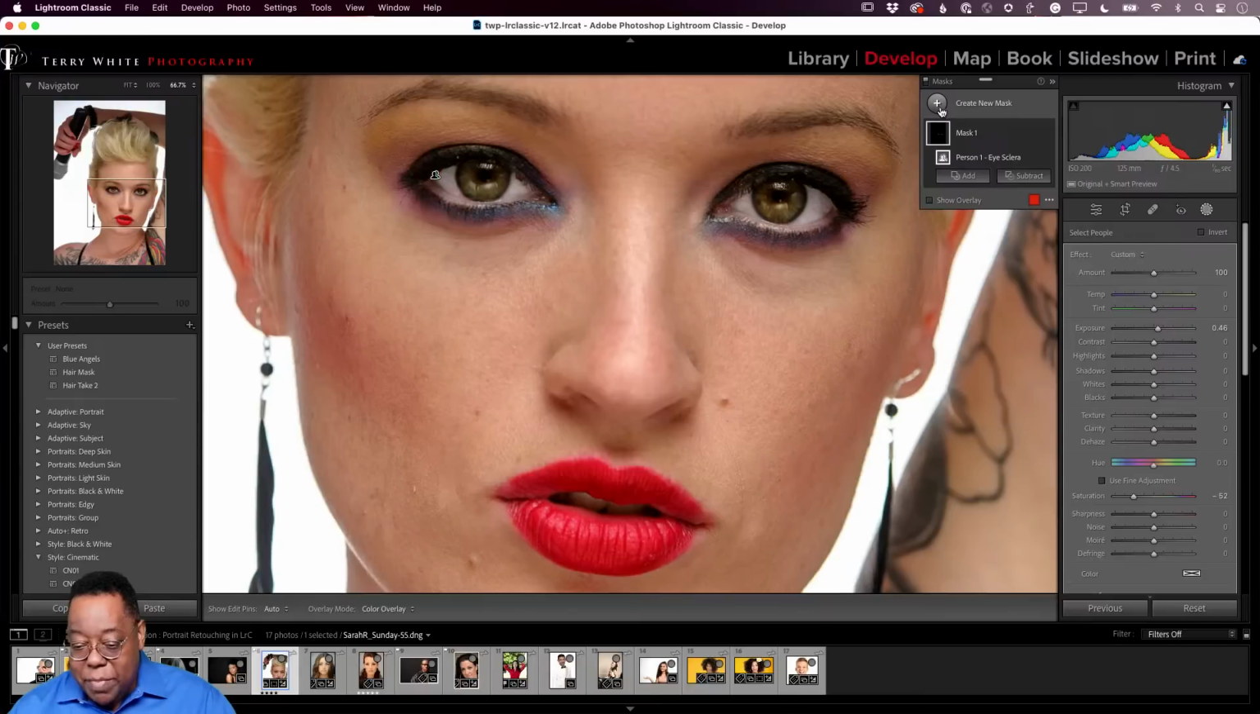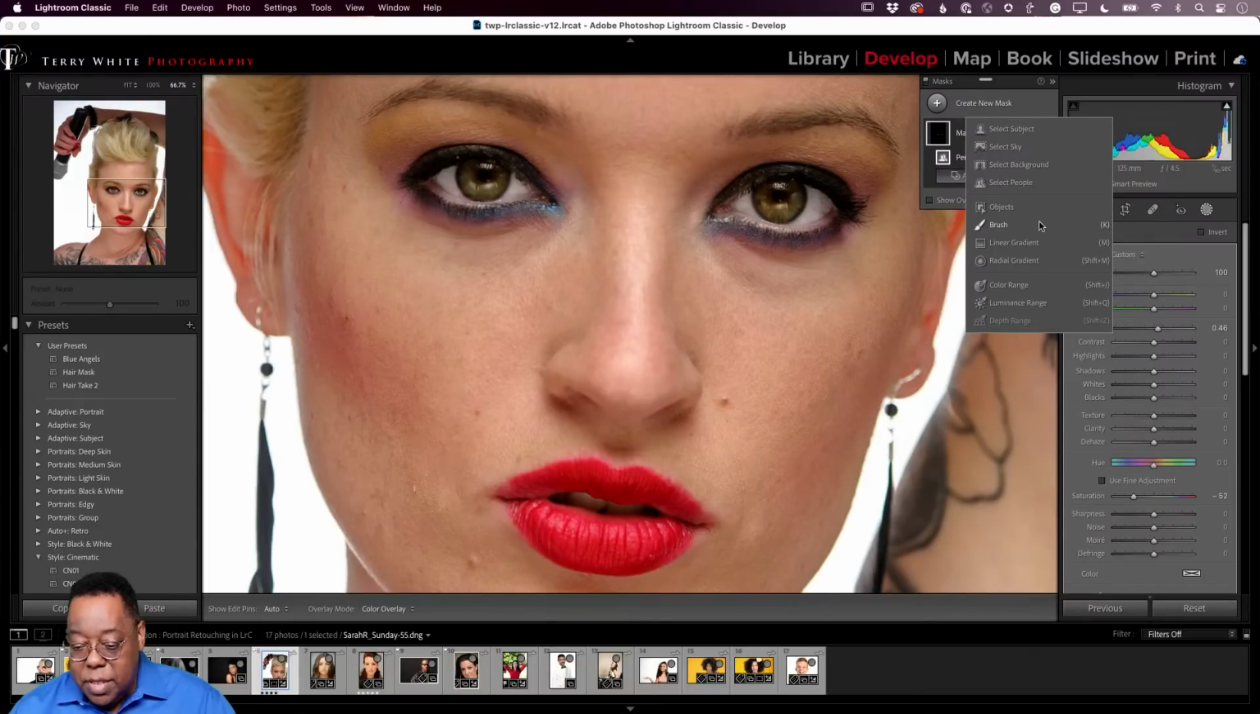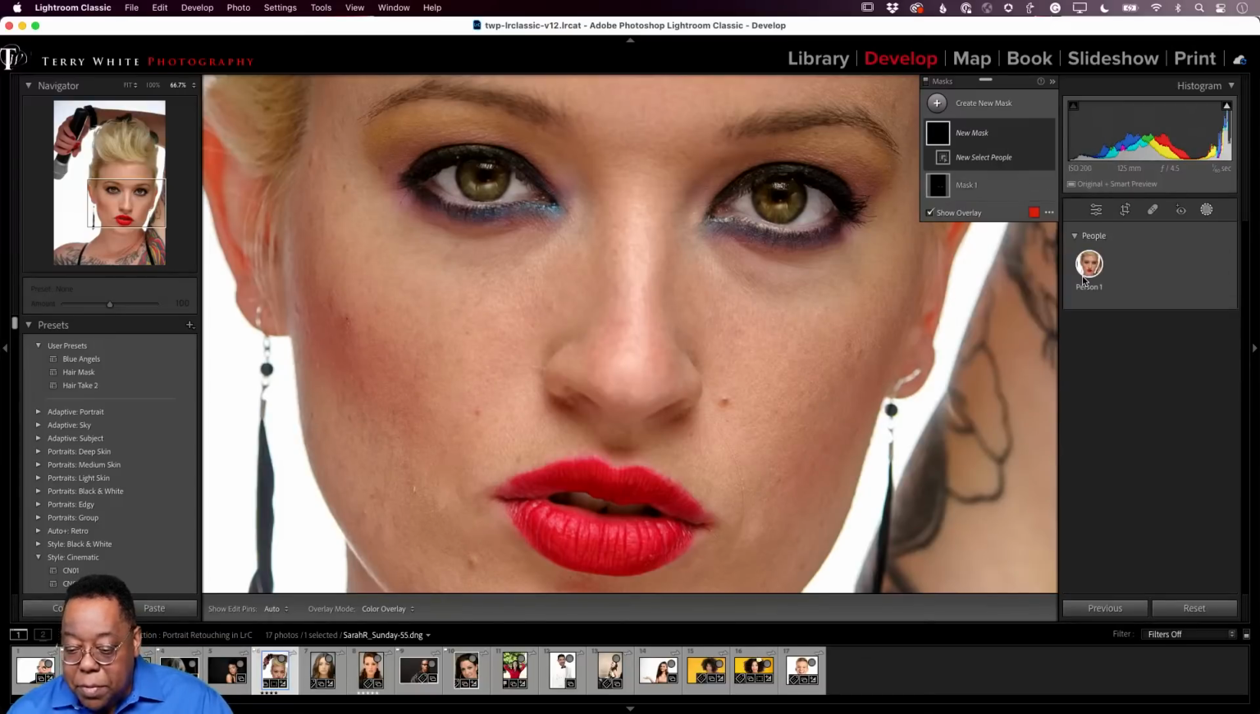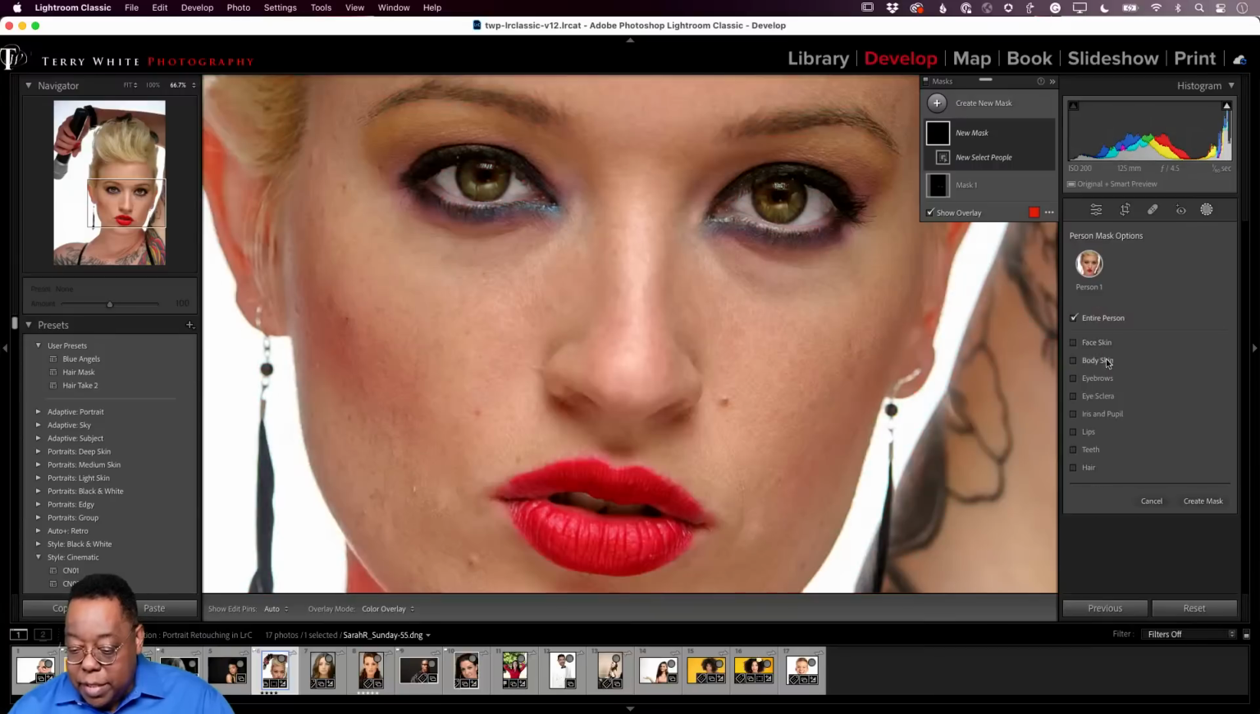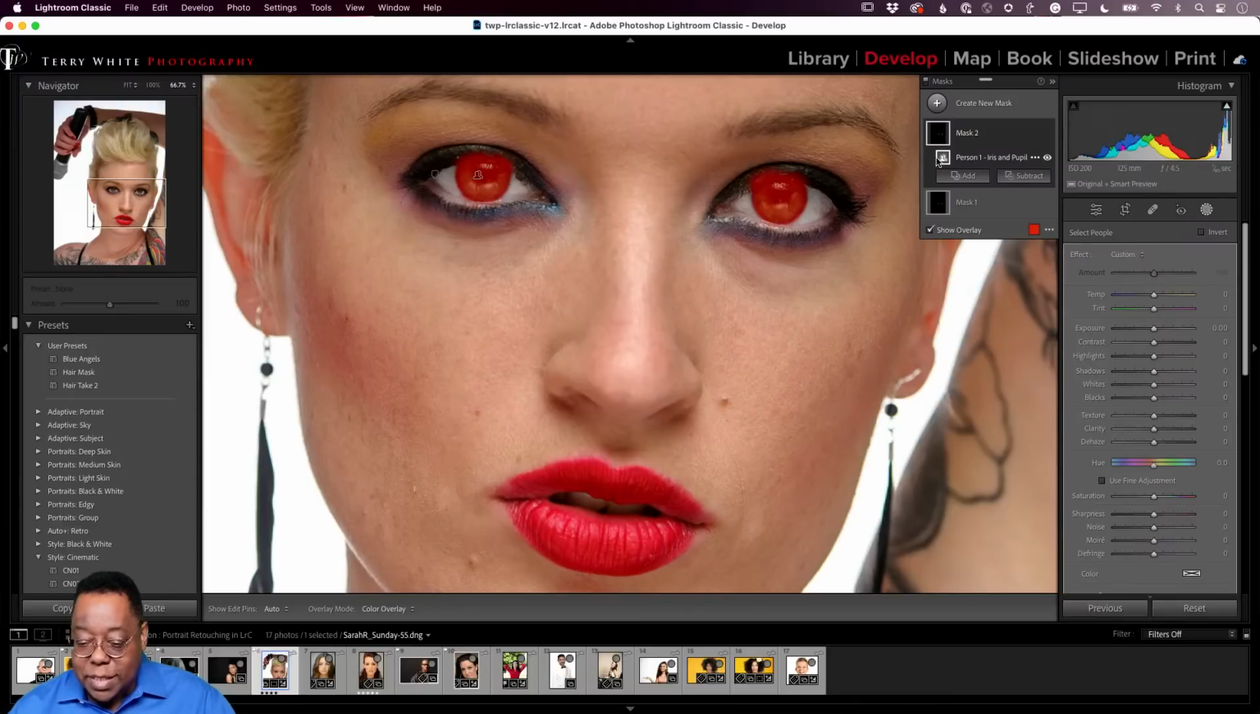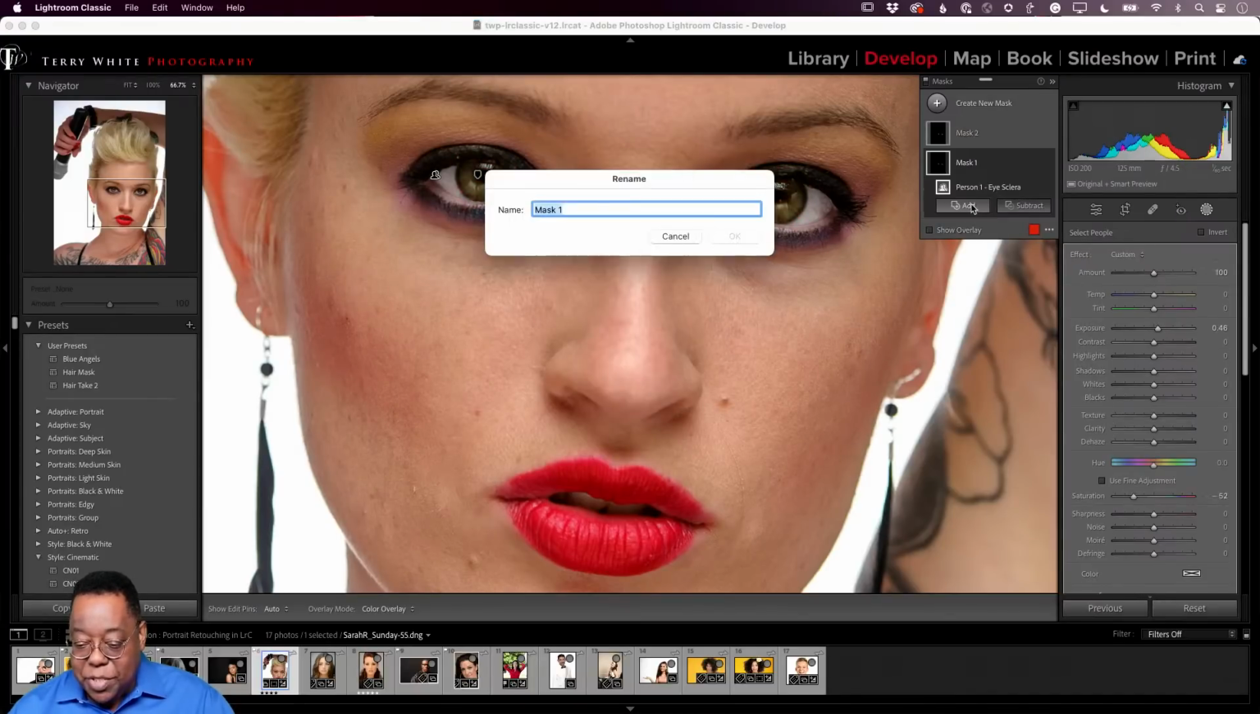Next up, let's create another mask. This time, because eyes are important, let's go back to the people, and let's go in here and get an iris and pupil mask. And each one of these masks is going to stay there, so you can name them so you know which one's which. So this is